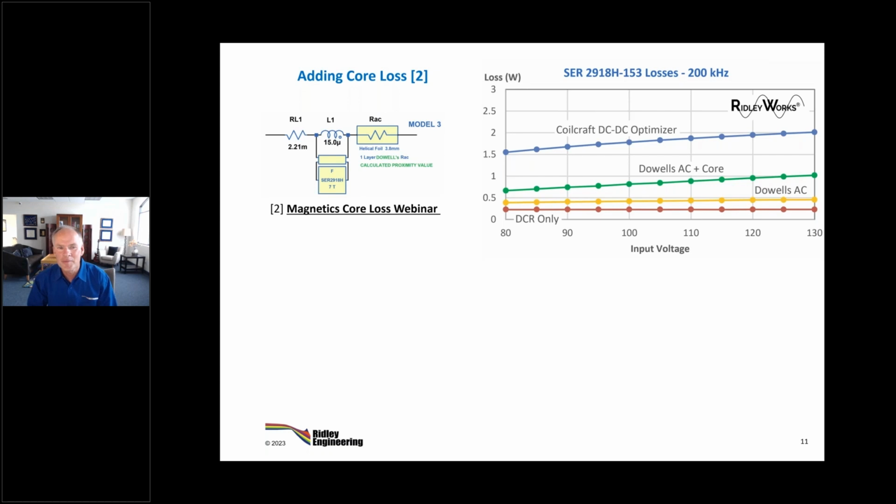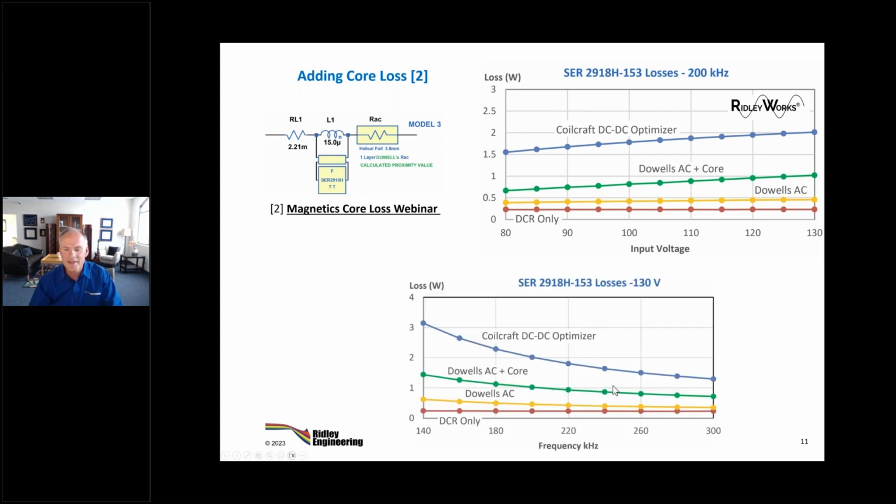And I'm not going to obsess over how we make this more and more accurate when core losses move so much from one part to another anyway. There's only so much time you should invest in that versus, hey, here's a model that's pretty practical. It's quite easy to simulate. It's not mathematically complex. It's very easy for us to generate, but it's still doing a rotten job. So we're not too happy about that.